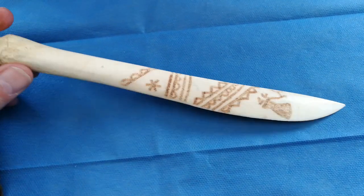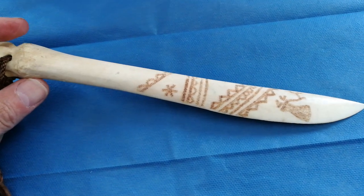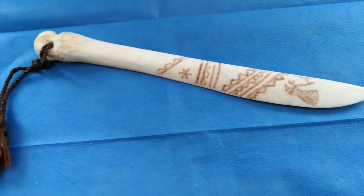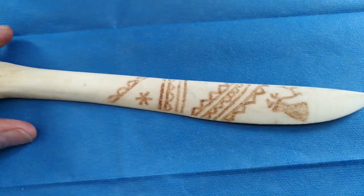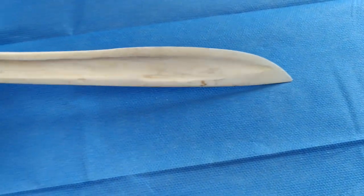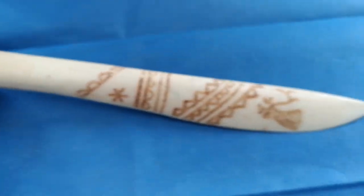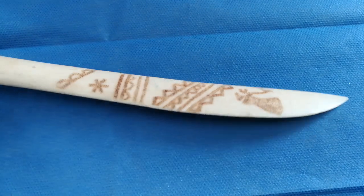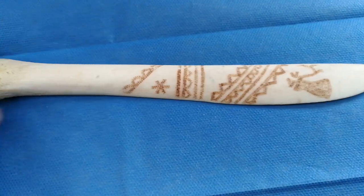So it's a vintage Inuit or Eskimo bone knife or letter opener. Scrimshaw with a detail here which is carved in, and this would have been a tourist piece. It wouldn't have been something that the Inuits would have used, to be honest with you. Nice little thing. That cost us £1. So I'd say maybe it's a tenner on there. The next thing I bought,